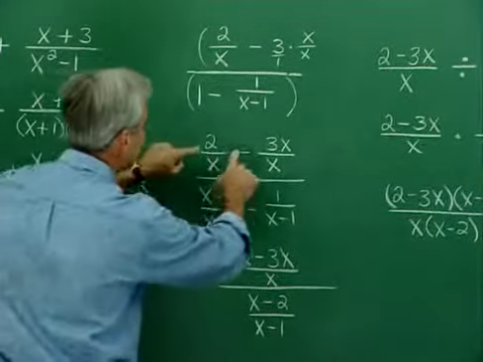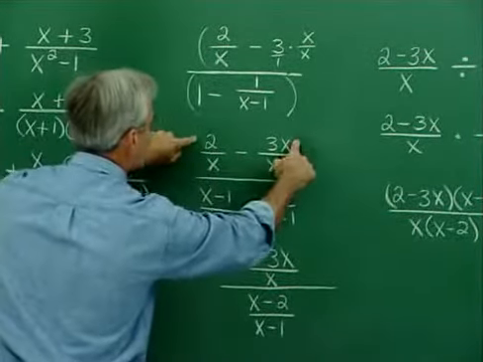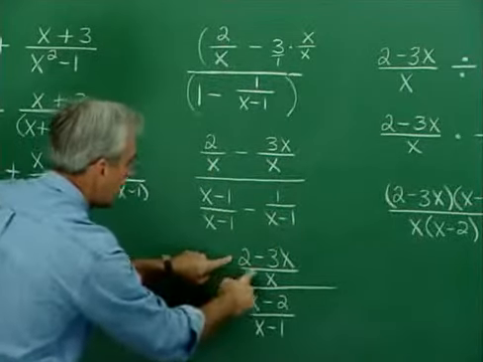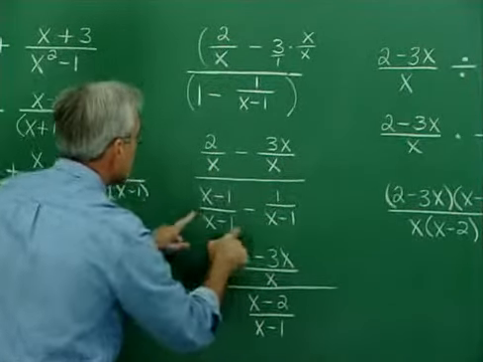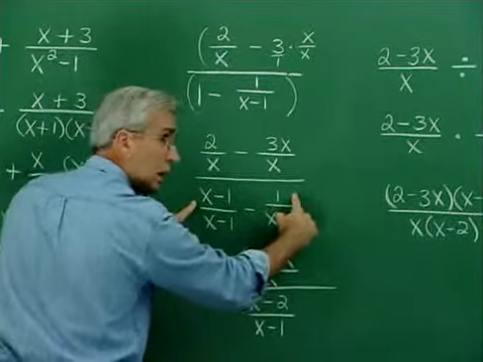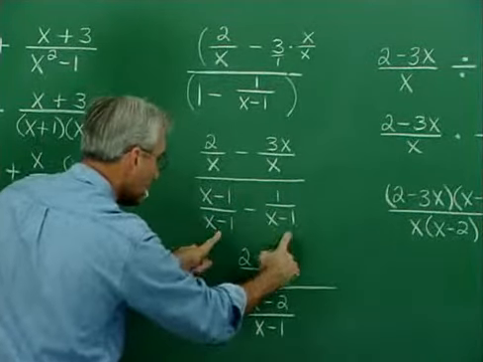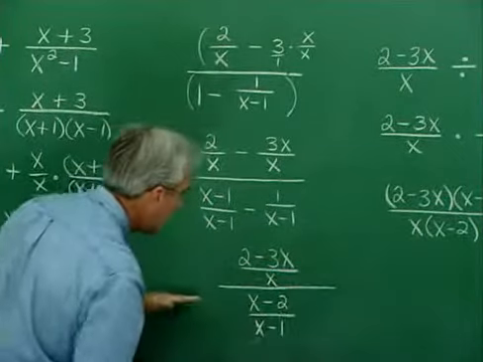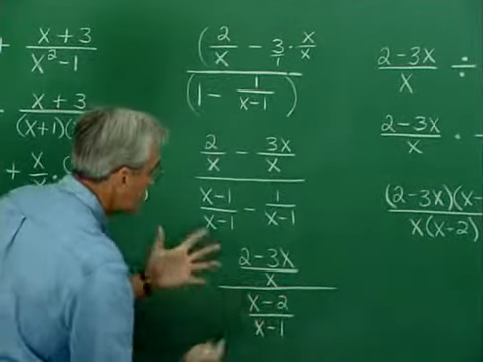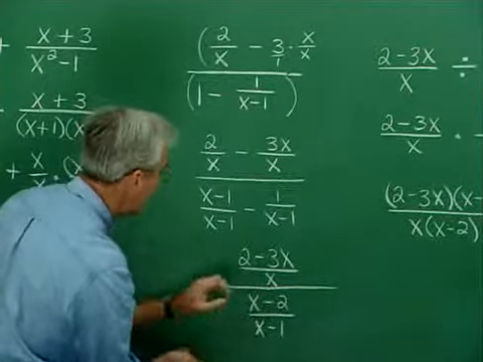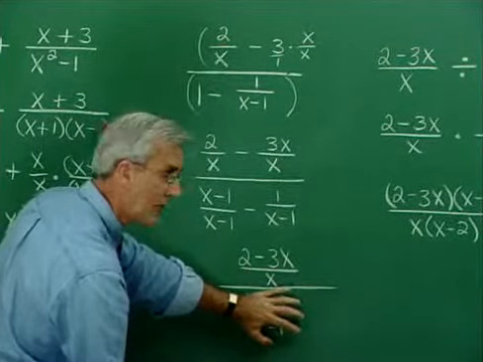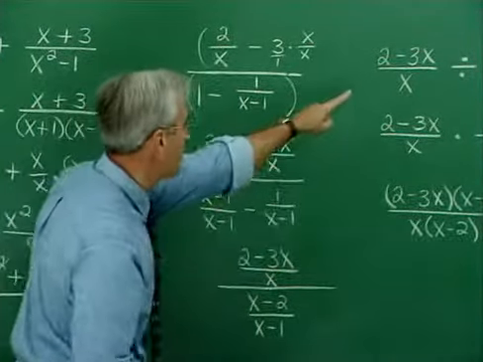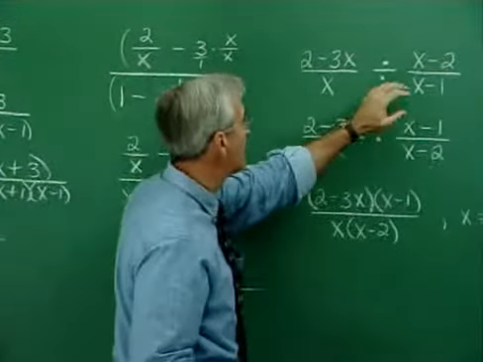All right, up here we have 2 minus 3x over the common denominator x. So 2 minus 3x over x. Up here, we have x minus 1 minus 1. So that's x minus 2 over this common denominator. Now, we have this divided by that. So let's just write that down. Write it as we understand it. We understand numerator divided by denominator. So it's 2 minus 3x over x divided by x minus 2